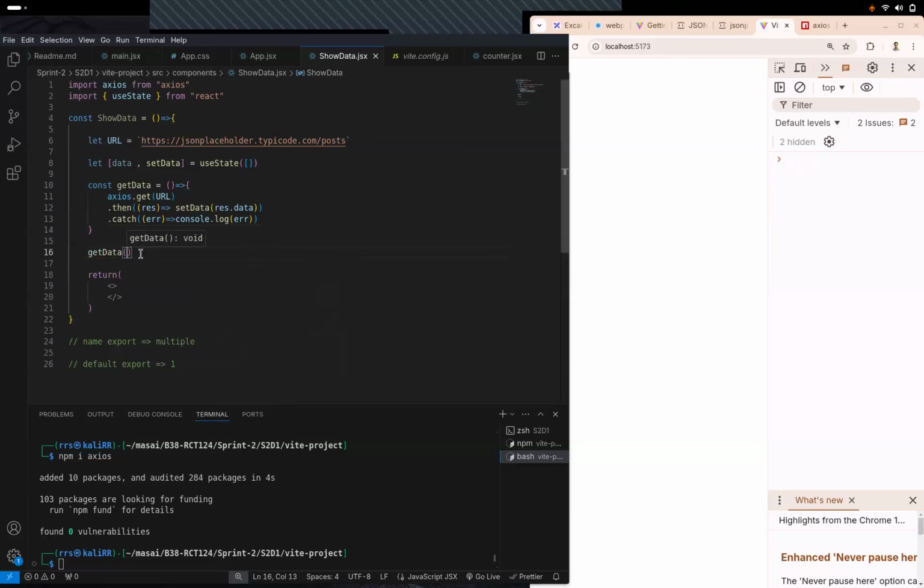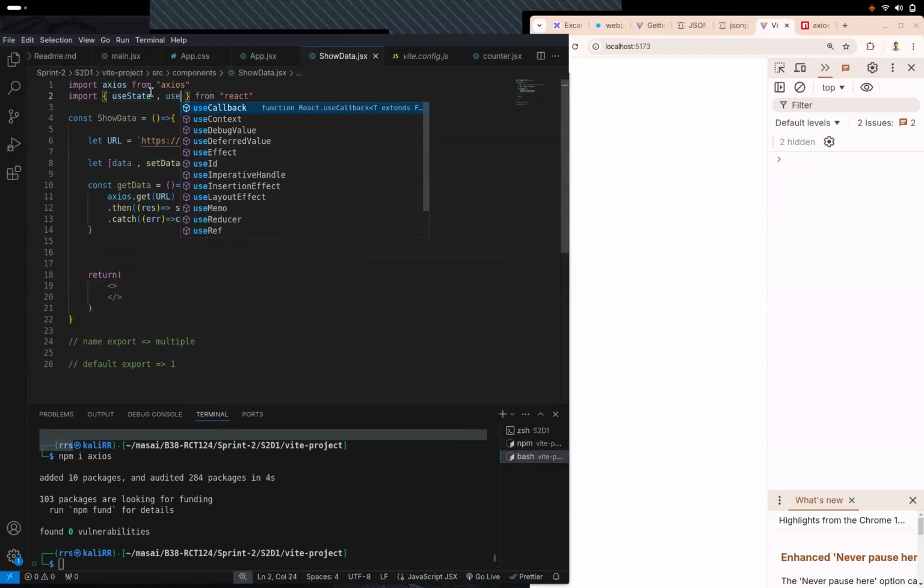But then again, are we not creating that paradox again, where this component is loaded, it's mounted, getData is being called, then getData sets the data, and this setData updates the component and triggers a re-render again, right? So in this case, we use the useEffect hook, right? Just like useState, useEffect will be imported from React only. You can write a comma and import it from here.